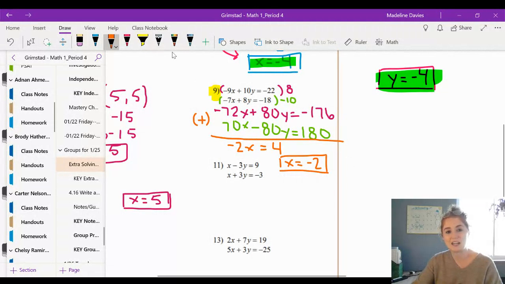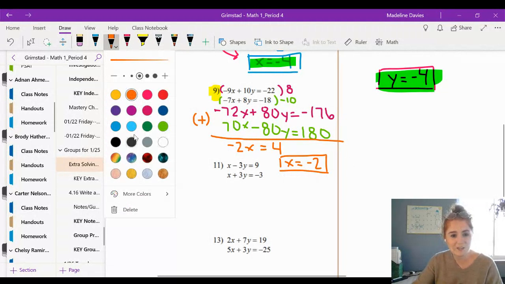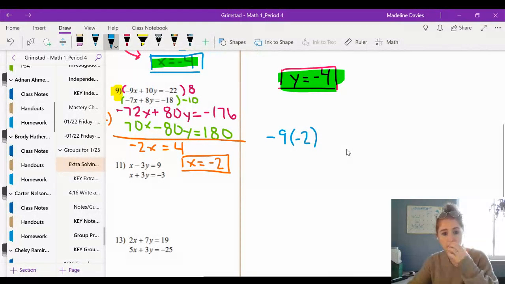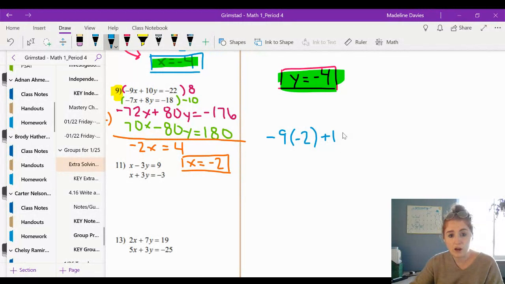And then we just plug it in. I'm going to get an even different color. I can choose either one up here. Let's choose the top one. Why not? So I'm going to do negative 9x, but I know x equals negative 2. So negative 9 times negative 2, and then plus 10y